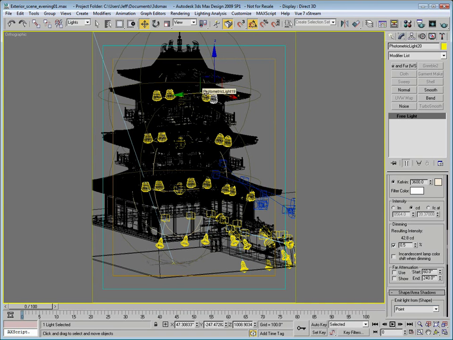because Mental Ray has to calculate the shadow sampling, a lot of shadow sampling over large areas, when in reality this light source, I really only want to see it in this section here, so I don't need it to calculate shadows out here or out here. To save render time, what you can do is use this far attenuation control on these photometric area lights in 3ds Max 2009. And so I've set that up on each of these, and what I'll do is just enable